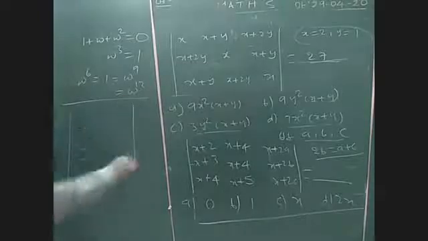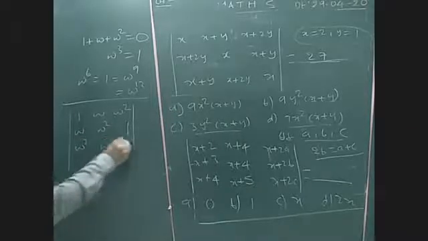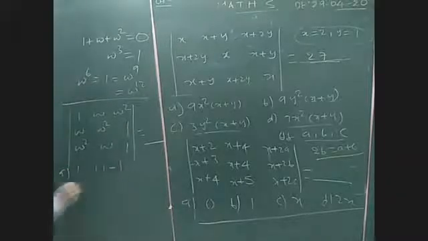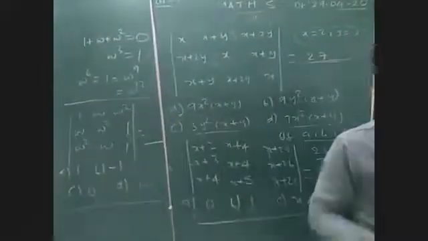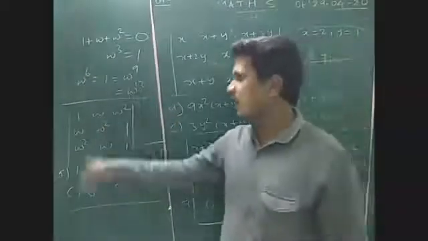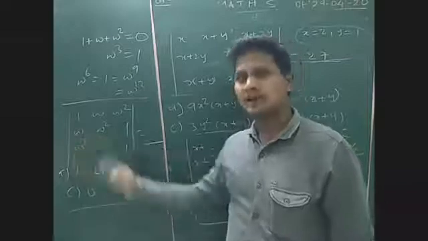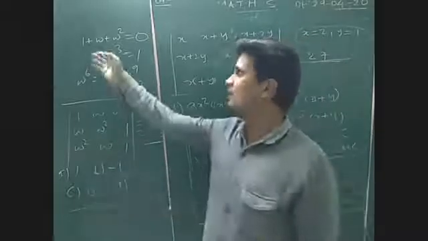Based on this, one question is given: the determinant of 1, omega, omega square; 1, omega square, omega; 1, 1, 1 is equal to what? If you remember the above formulas, it will become very easy. The options are: first option 1, second option 2, C option 0, D option omega. Very easy, you can expand this. Otherwise, R1 plus R2 plus R3, 1 plus omega plus omega square, in that case also you will get the answer. Otherwise, you can expand directly. But remember these two conditions.